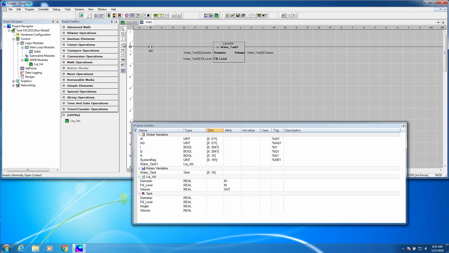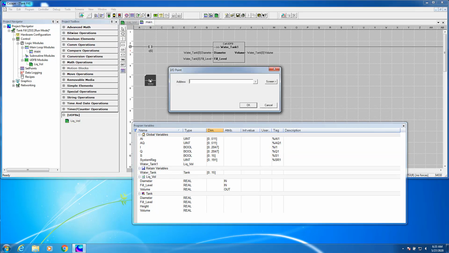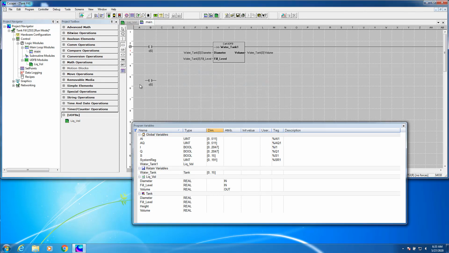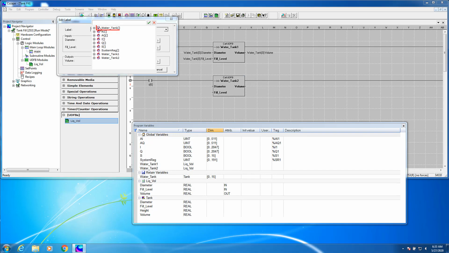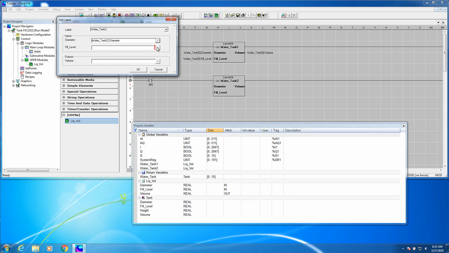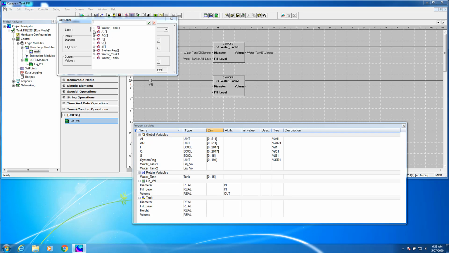So I'm going to drop down a normally open contact, name it S6 for always on, and next I'm going to drop my liquid volume UDFB, and we have to give it a new instance name, which we're going to do and call it water tank 2. So now I'm going to fill in my parameters. So for diameter, water tank sub-1 diameter, and fill level, water tank sub-1 fill level, and volume, water tank sub-1